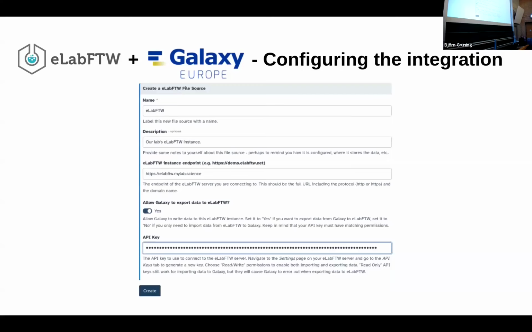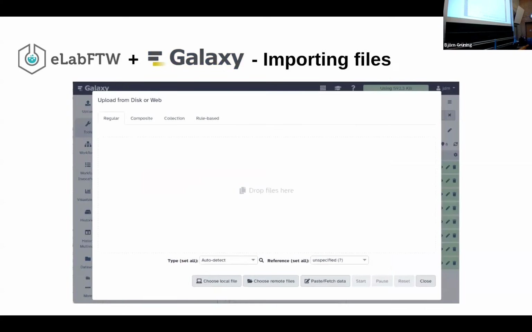And then you provide the information, the name and description. That's important. You can choose any endpoint you want, so you can connect to your own instance, because since eLabFTW is open source, you can also run your own instance for your lab. And basically that's it. You put your API key, and then you're ready to use it